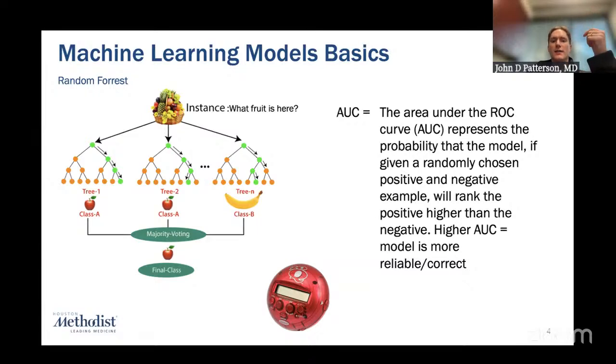And in the end, it's pretty accurate, and it kind of predicts what word you were thinking of through these yes, no questions. And then another important term, and Tom kind of talked about this, is the area under the curve for all of these models. Like he talked about, 0.5 is essentially a 50-50 if the algorithm is correct at predicting it. So that's like a coin flip, which is not very good. But the closer to 1 you get, the closer the model is to 100% accurately predicting.